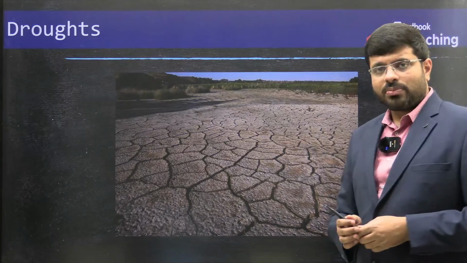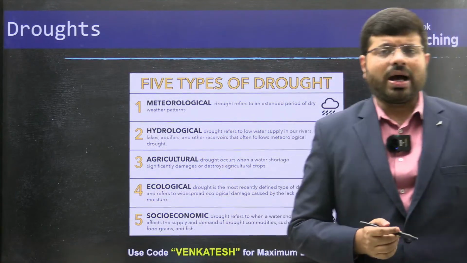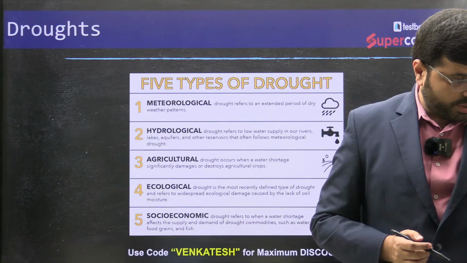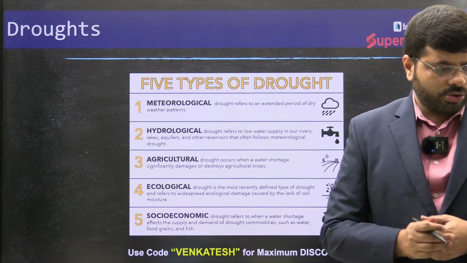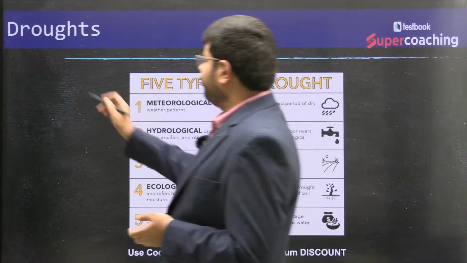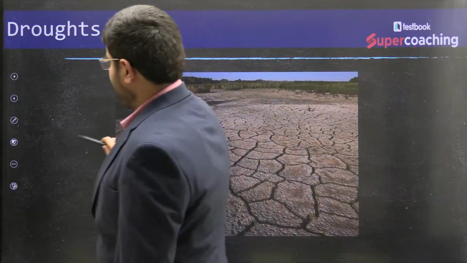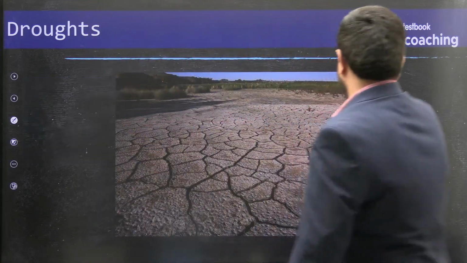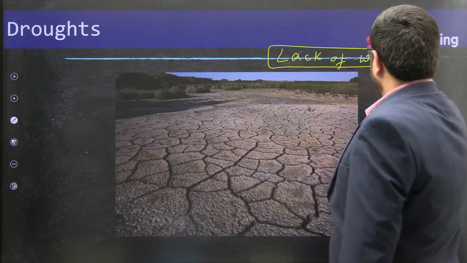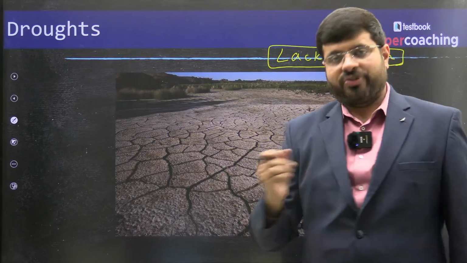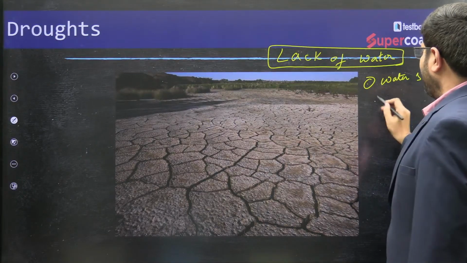So let's start. What do you mean by a drought? Generally, drought refers to lack of water, by nature. And such lack of water affects the country in very different ways. It affects the water resources of the country, the agriculture of a country,